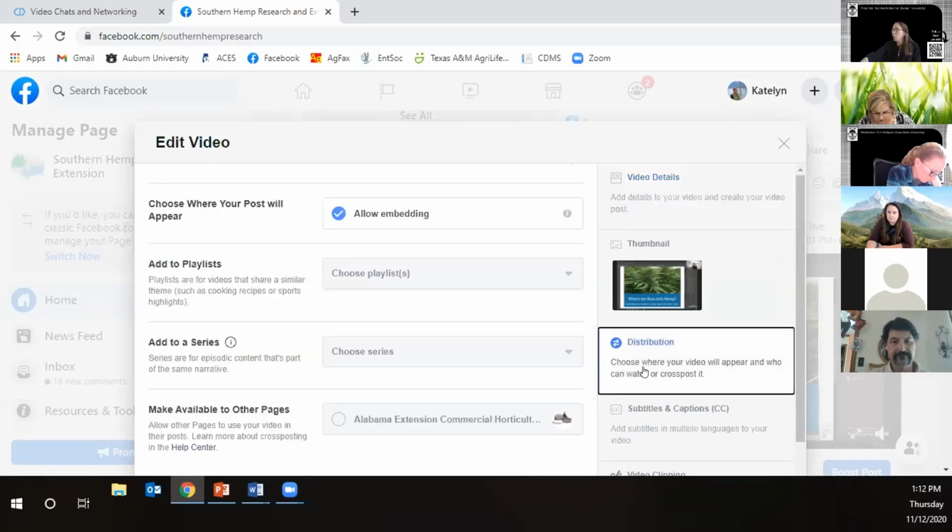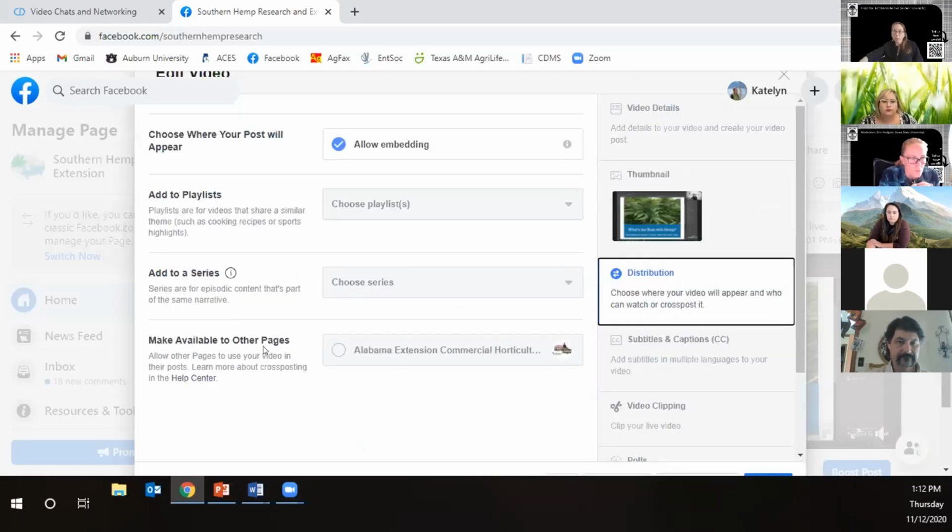And then I'll show more about this later, but distribution: one of the things you can do with Facebook pages, if you manage several yourself or you have coworkers that manage something and you want to cross-post it, you can make it available to other pages. And so this is another page that I'm an admin on, so it shows up here, and that's why that's an option. But you have to be admin of both pages to cross-post. Otherwise, you need permission. So if Erin had a Facebook page and I wanted to say, hey, I got this great live video of